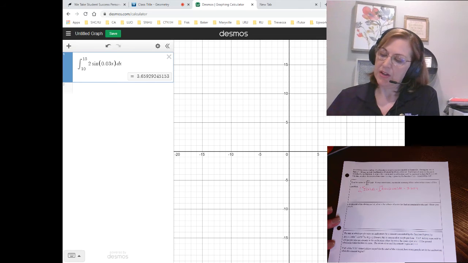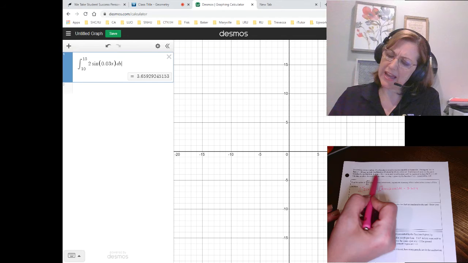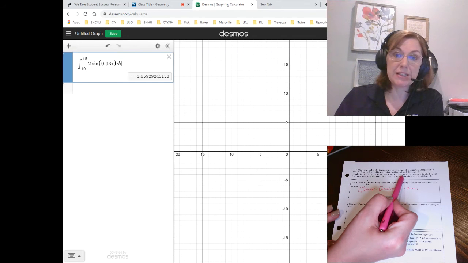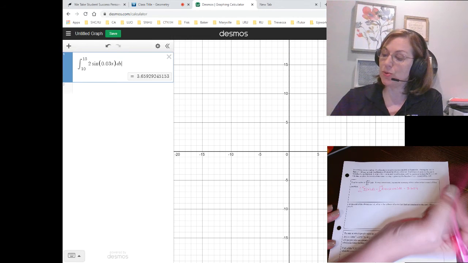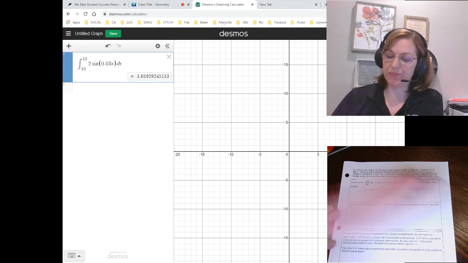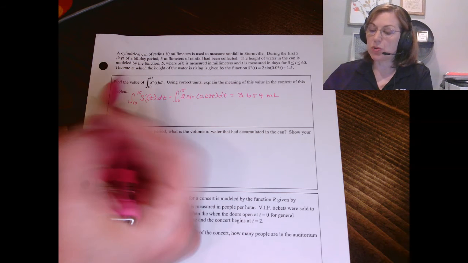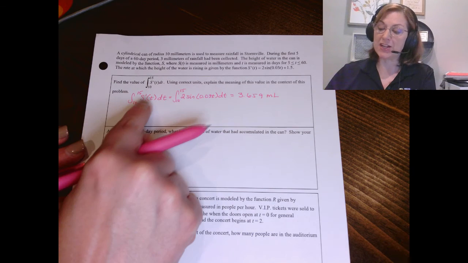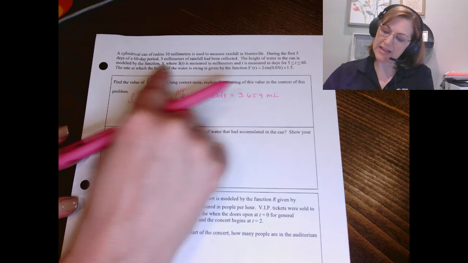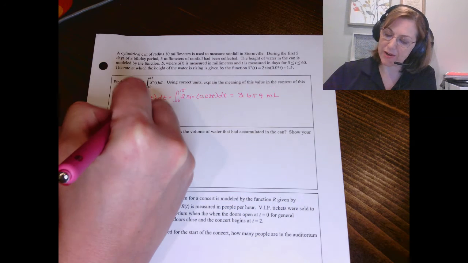3.659. Now the units on this, so S of t is measured in milliliters. Okay, so if we did the antiderivative of S prime, we got S. So this is milliliters. Now, what does this mean? Okay, so remember the integral finds the amount of change of S. S is the height of water. So the height of water